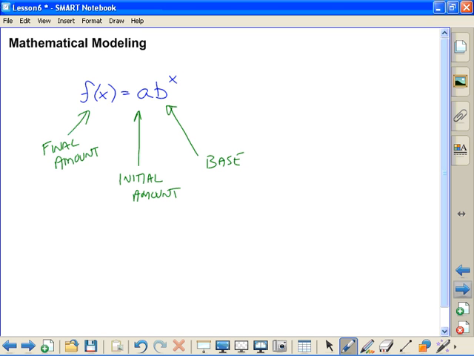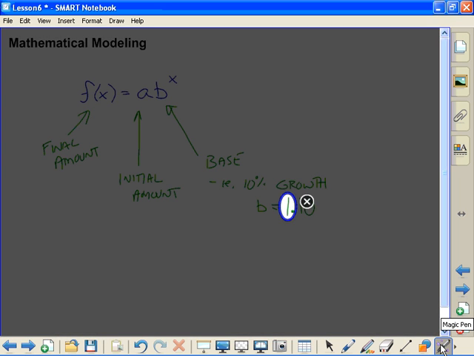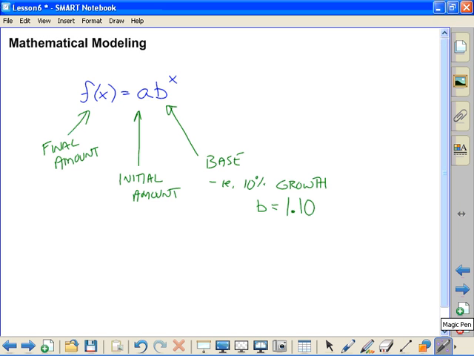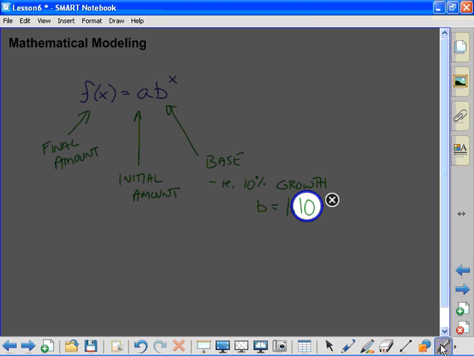But you're looking at, in this case, an example I could give you is 10% growth. So if you had 10% growth, B would equal, as a decimal, 100% plus another 10. So your base would be 1.1. So what essentially is happening here, here's the 100%, so that's last year's population, and the 0.10 is what's being